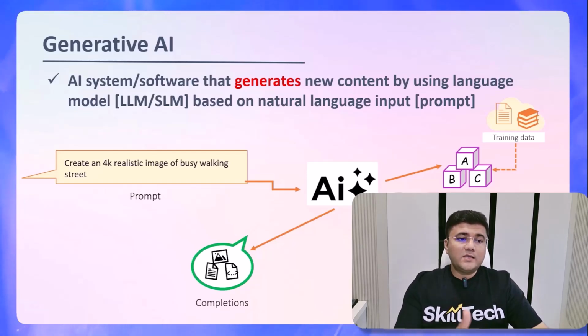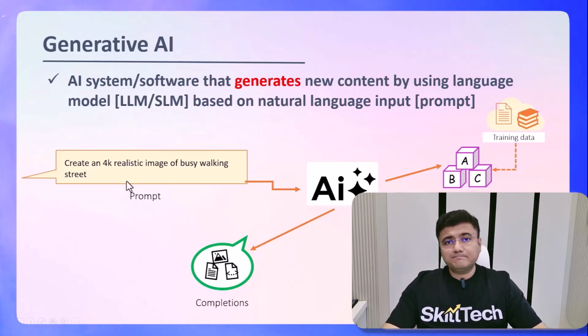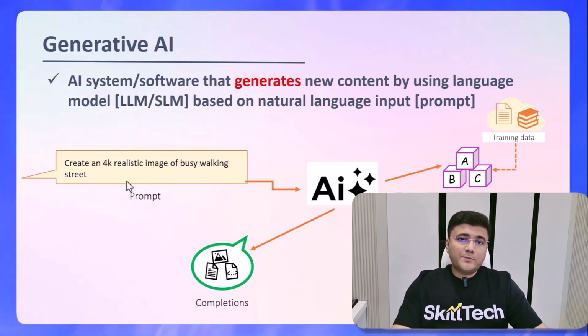Now, I have one single input. Remember, the input is something which we know as prompt. So as you can see in my slide, on the left side, we have a prompt which is like: create a 4K realistic image of a busy walking street. Now, this is my input prompt which I'm providing, and I'm also specifying what kind of image I'm trying